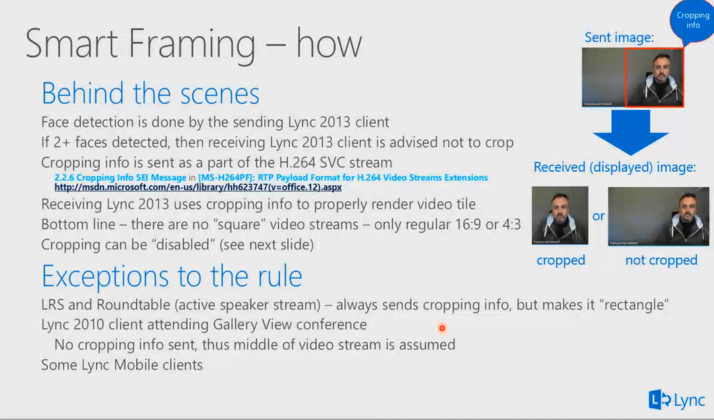image, then we create, okay, this is where Martin is, and we send that additional cropping info from the sending Lync client to the receiving client. And the receiving client will simply, when creating that tile for the multi-view gallery, select this part of the video stream. So there are no special new squared resolutions for that. We are not doing anything non-standard,